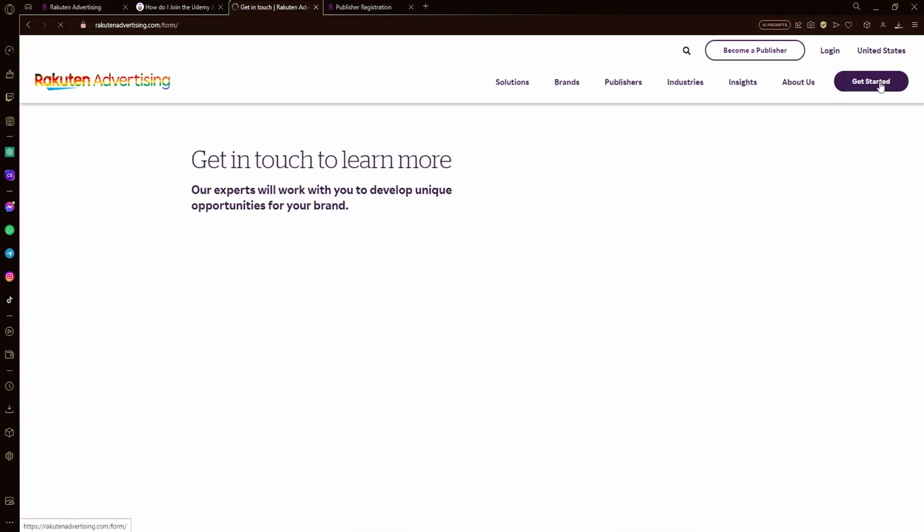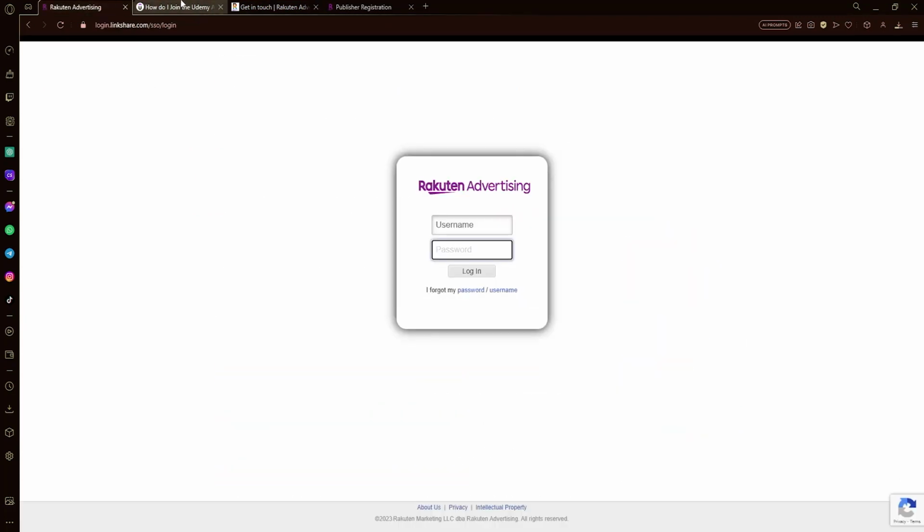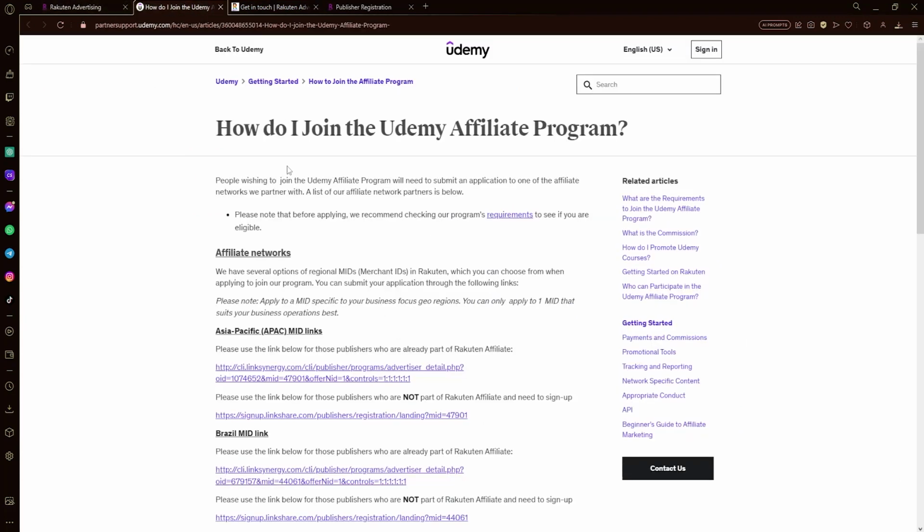If you click on get started, you have to fill in all of these forms, and after you fill them in, it will be connected to your Udemy account. Then you will be able to gain 10% commission